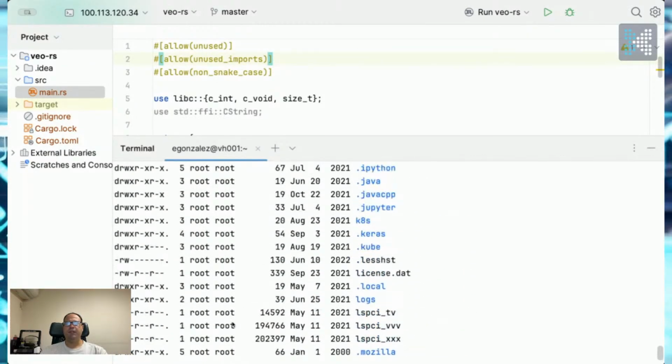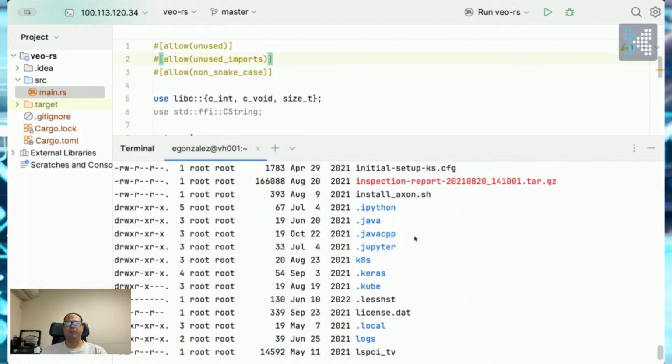Did we have some dot file? Some Keras and Java CPP stuff that we probably